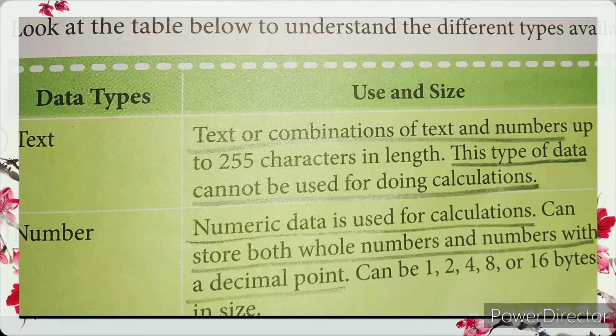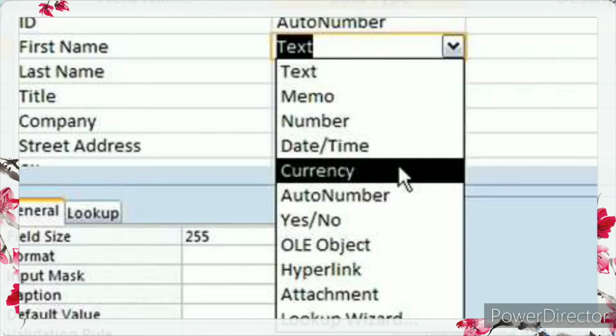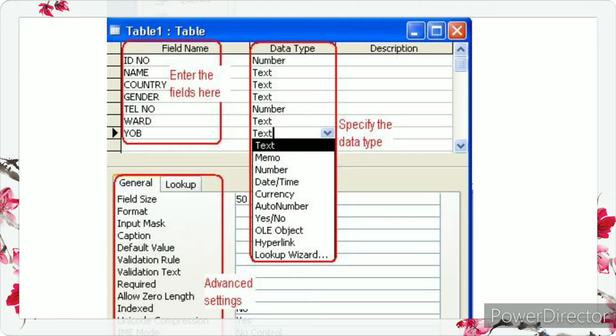For example, if a field has a type of text, then it can store data consisting of letters or numbers. But if a field has a type of number, then it can store only numeric data.